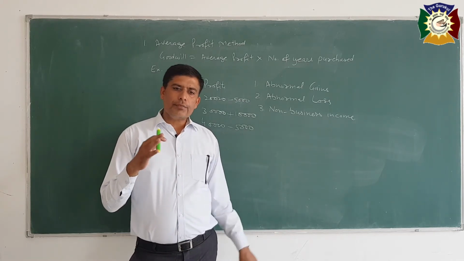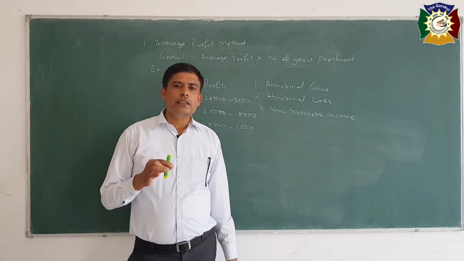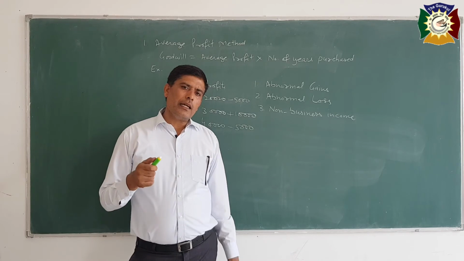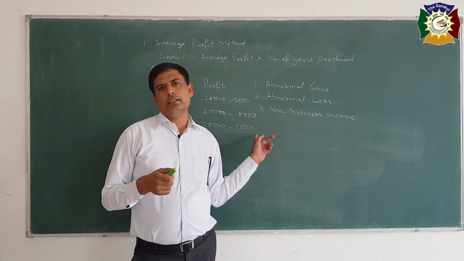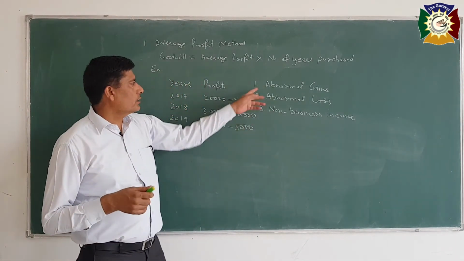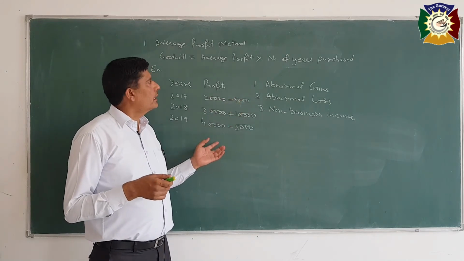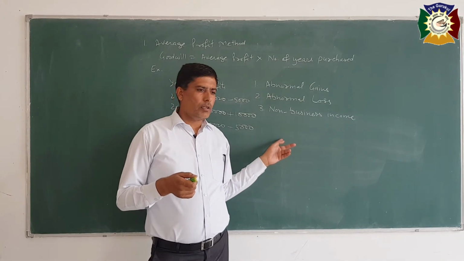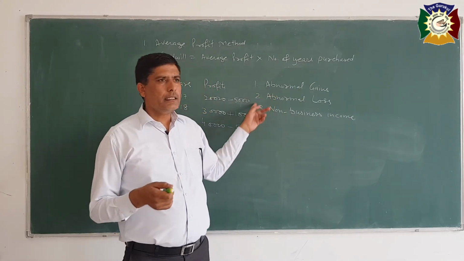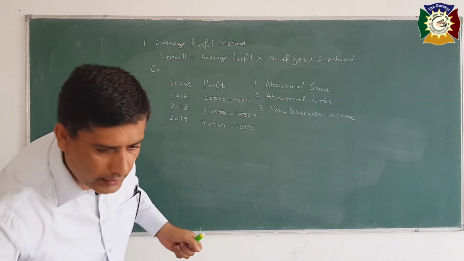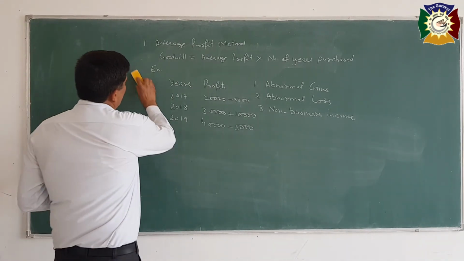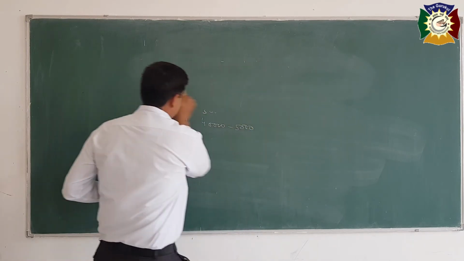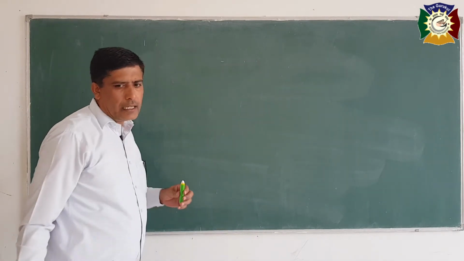And on the other hand, if depreciation is charged on that asset, depreciation is an expense, it will reduce the profits, so we will again add it to the profits of that year. So in this way, after adding or deducting, we will take the average and multiply it by number of years purchased. In this way, we can calculate the goodwill. In the same method, there is one more method, that is weighted average profit method.